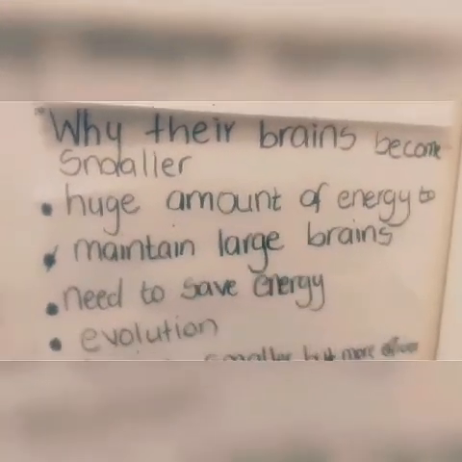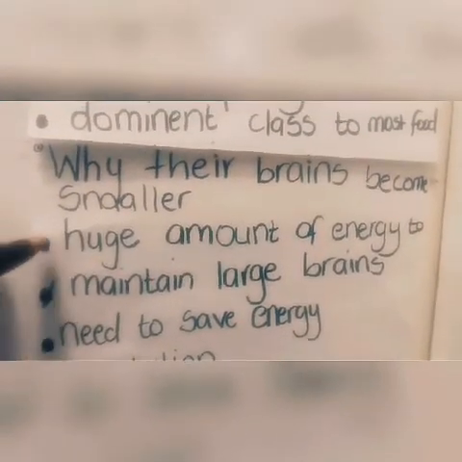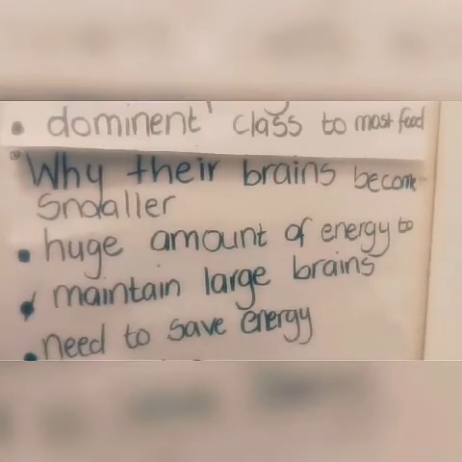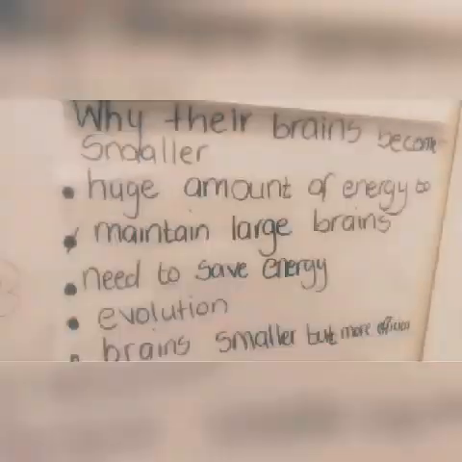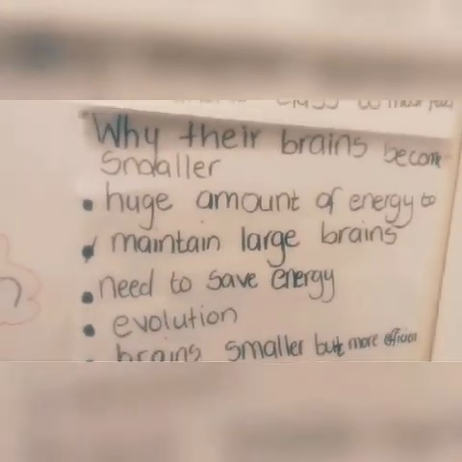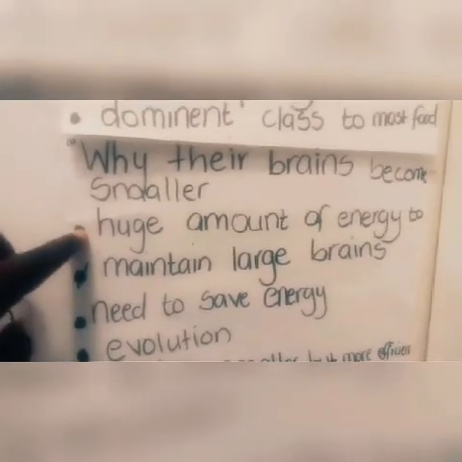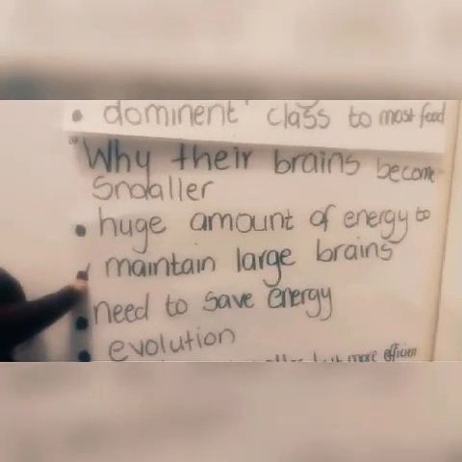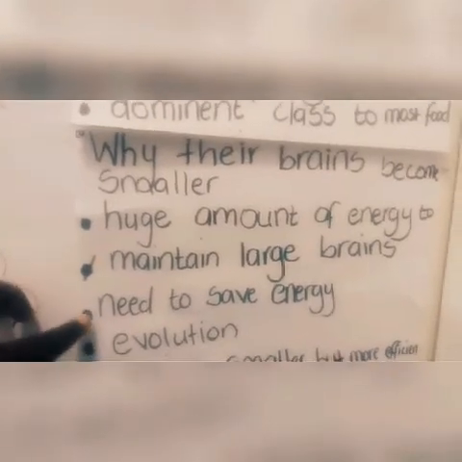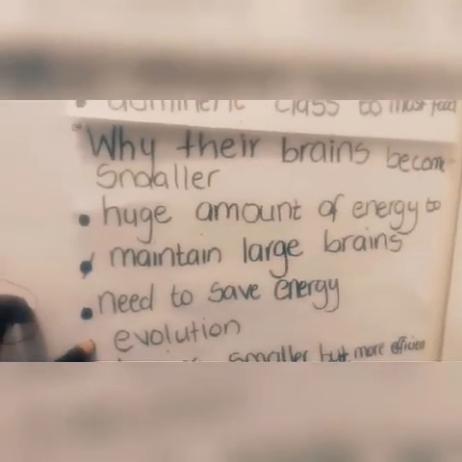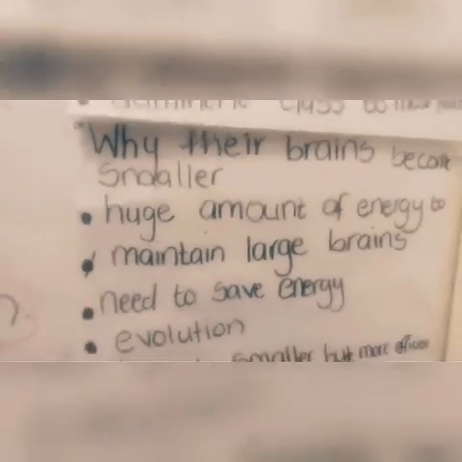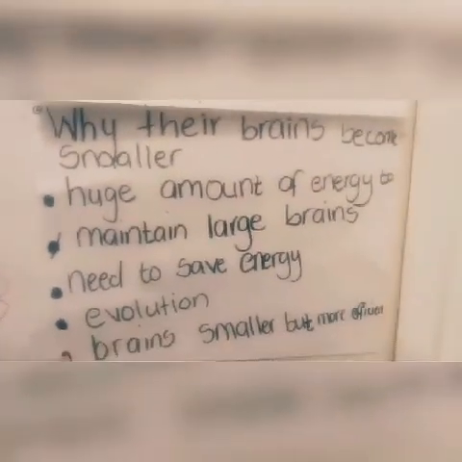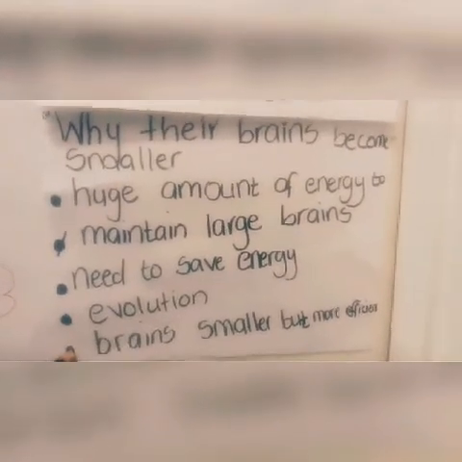I've moved on to why their brains became smaller. I'm supposed to have 4 points there or 3 points there, depending on what your question is asking you. In my case, I have 4. So I made sure that when my first answer did not fit, I cancelled the next bullet. Then I put my second answer, third answer, but I did not forget to replace this bullet. So I put it down there so that I have enough answers.